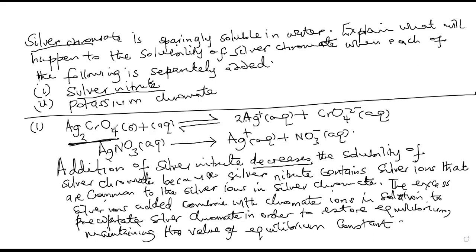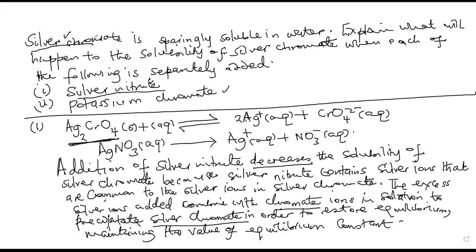Okay, so basically, this is how it works. You add a common ion, the excess of those ions which are common will combine with the other ions of the solution to precipitate again the silver chromate. And that happens because you want to restore the equilibrium. We want to restore this equilibrium that we had at first. So basically, addition of a common ion reduces or decreases solubility. Let's see when you add potassium chromate. Now, remember you have begun with the silver chromate, now you're adding potassium chromate, implying that the chromate ions are